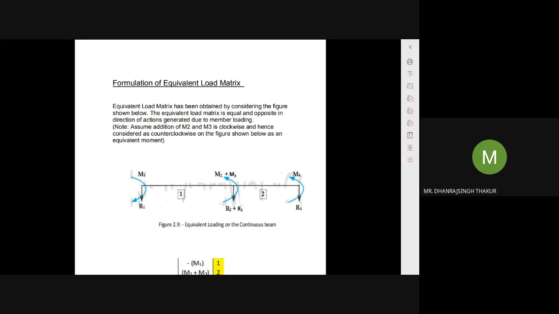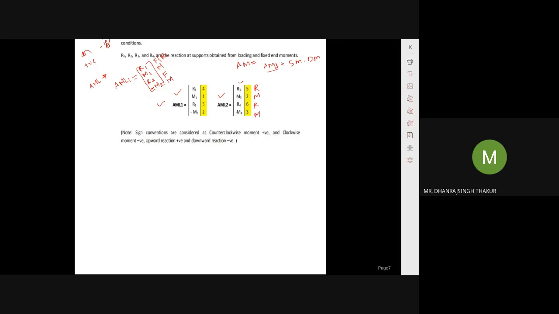Okay, so this equivalent load matrix has been obtained by considering the figure shown below. The equivalent load matrix is equal and opposite in direction to the actions generated due to the member loading. Okay, it is equivalent means the actual load, but in the opposite direction, same magnitude but in the opposite direction, and that is generated due to the member loading. Okay, so here whatever the loading you got here,